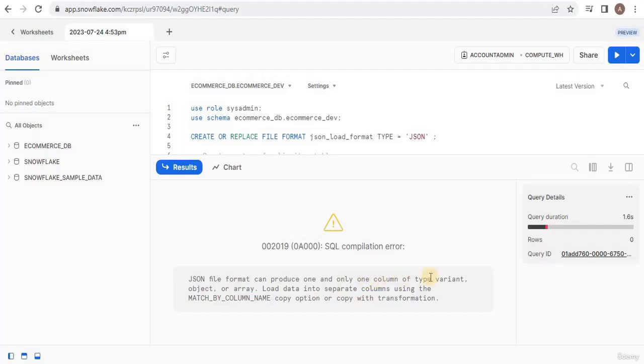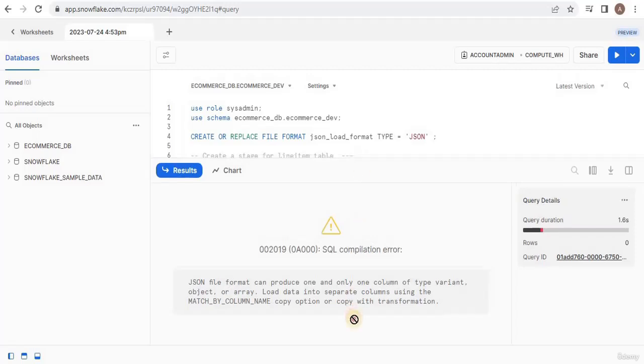If you know that JSON is semi-structured data and it has data in the form of key value pairs, as opposed to a CSV file where one row indicates one row of your table and every column is split by a comma. So JSON is a bit different and it is quite similar to a Parquet file. So when it comes to JSON, you cannot copy the data as it is into a structured table. So what can we do now?